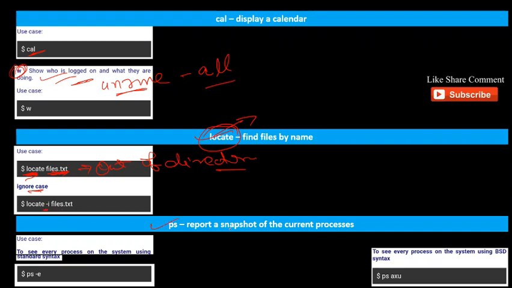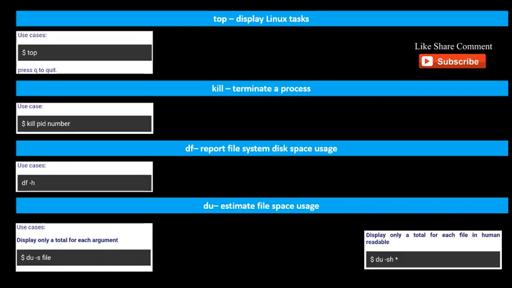ps is used to show the current processes, meaning what processes we are running in the terminal. To see every process on the system using standard syntax, we can use ps hyphen e. And there is also BSD syntax, so we can use ps aux to see every process. And the top command displays Linux tasks.